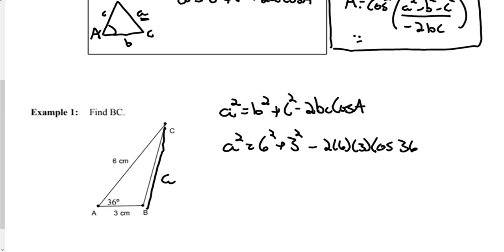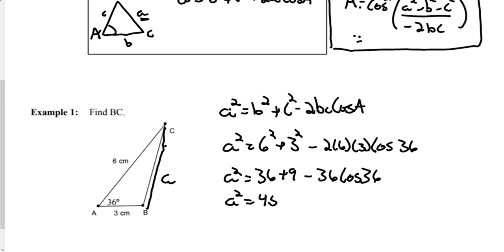So first thing I like to do is work out some of these numbers. So a squared equals 36 plus 9 minus 2 times 6 times 3 times 36 times cosine 36. This is just by coincidence that we're getting a lot of 36s here. Normally it doesn't work quite like that. Equals 45